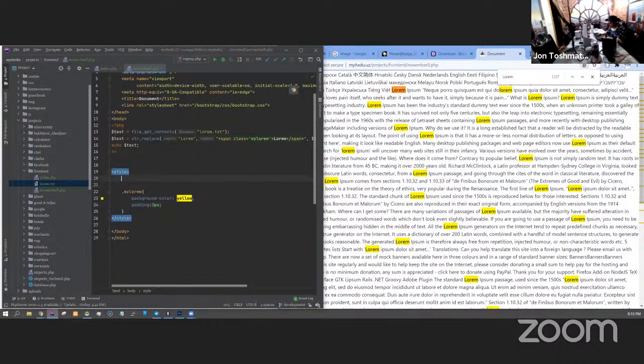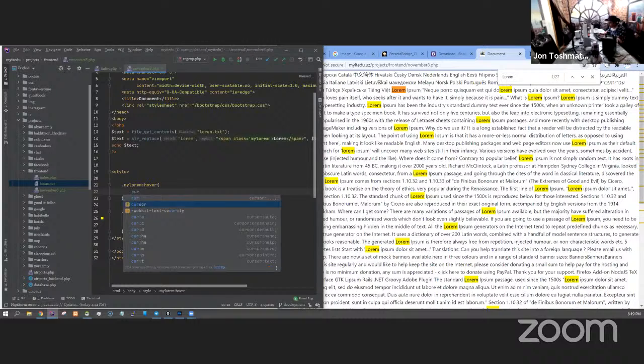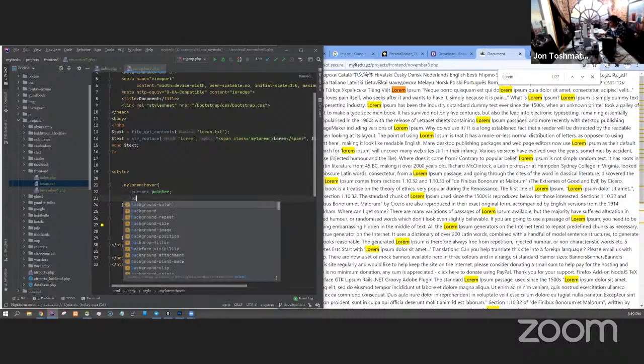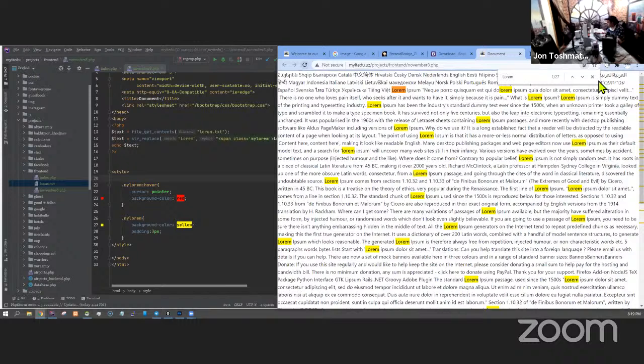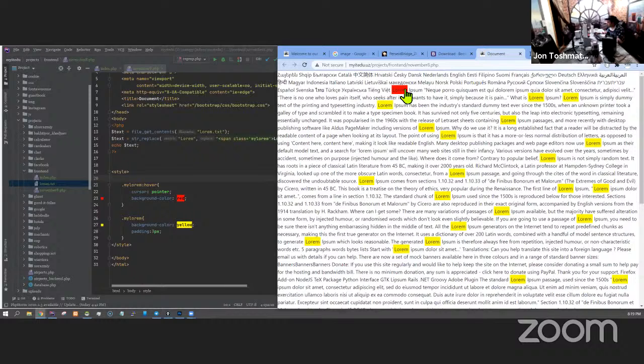And then when I come back, dot my_lorem, I want to do the hover effect. My cursor is going to be a pointer. And then I want that background color to be a little different. In this case, let's go with reddish. Let's go refresh it now. I'm going to remove that. Refresh. Boom. When I do this, now I can just